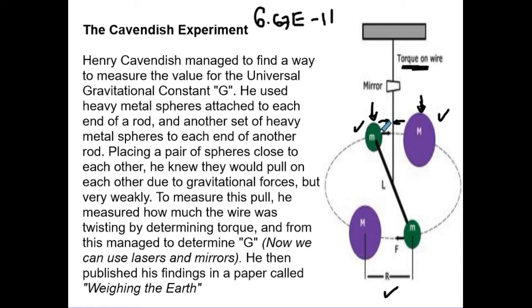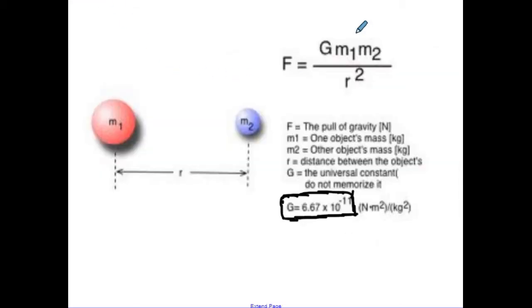And if it twisted 2 degrees, then it meant it was 2 newtons. And what he was essentially able to do is fill in all the remaining variables. He was able to know the mass of one object because he weighed it, the mass of the second object because he weighed it. He could measure the distance between the objects, and this force right here, he knew what it was because he